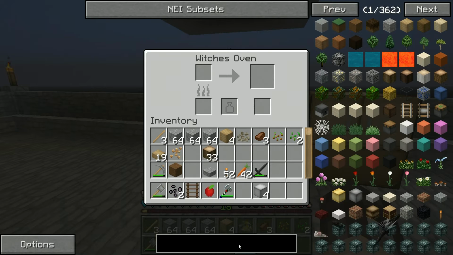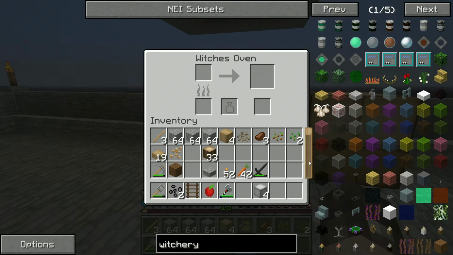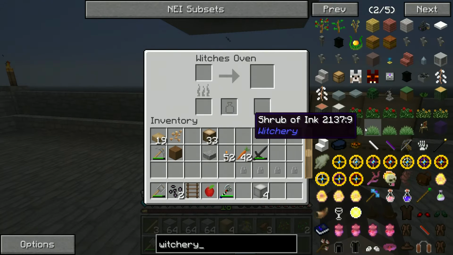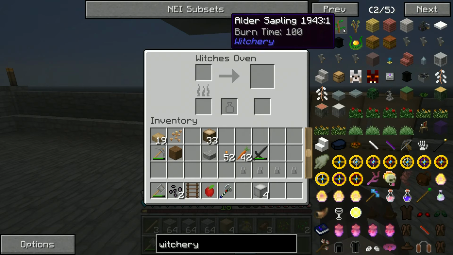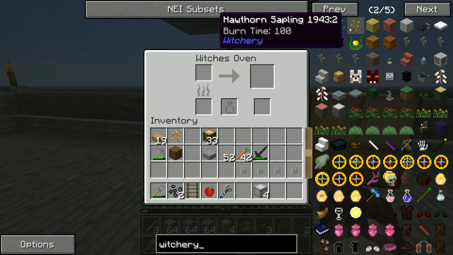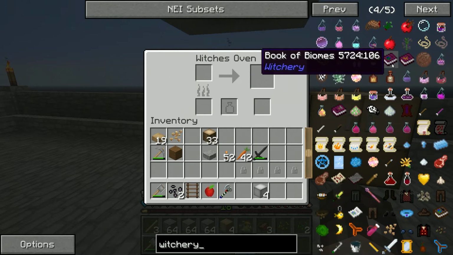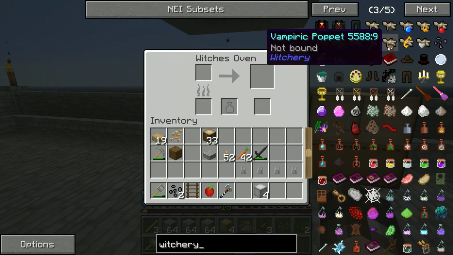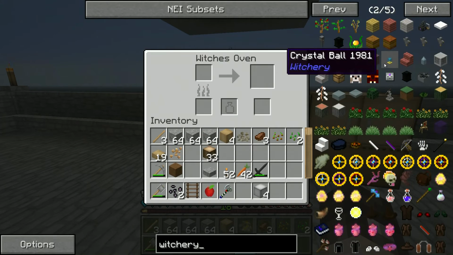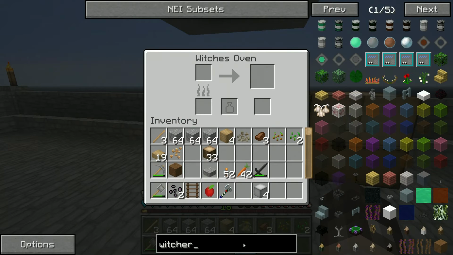So I think it's hawthorn trees. Let's go to witchery for a second. It is one of them. Let's have a look. Yeah, so we need rowan saplings for definite, alder saplings and hawthorn saplings, and the only way I can get those is by making something called mutandis, mostly because I haven't got the ability to grow anything in this mod. Now mutandis